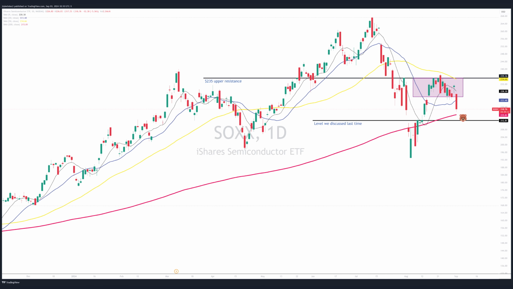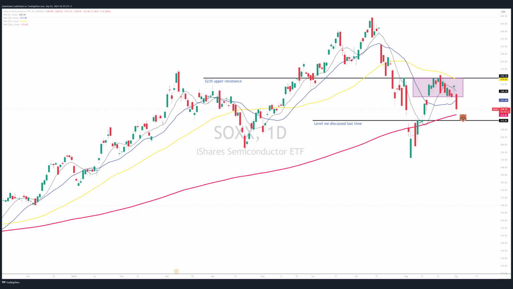Okay, in our next chart, let's take a look at the semiconductor ETF, SOXX. We have been short the semiconductors and NVIDIA for a little while, probably too early to the game, but we have been rewarded recently. And today, very specifically, things are going well for shorting semiconductors. But let's take a look at the SOX ETF and the key levels there.